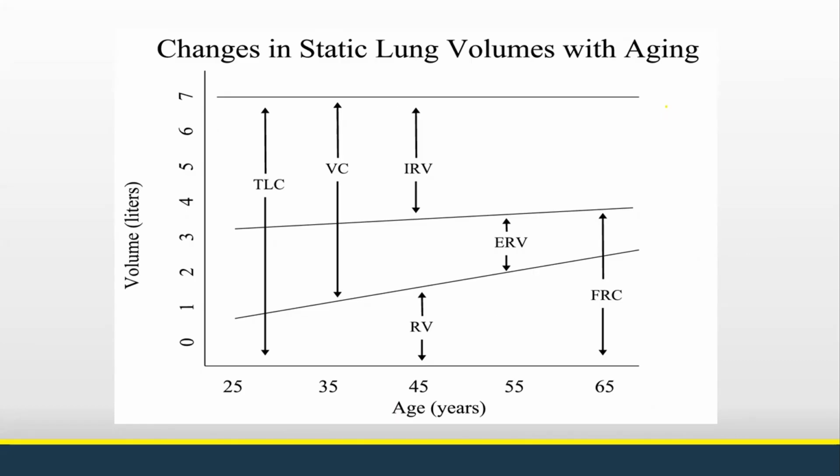Other things that happen in the lungs, just to point out, this is a nice graphic to look at, is our total lung capacity really doesn't change that much because of aging. But what does increase is our residual volume. So the air left in our lungs goes up because of the narrowing of the airways, the air trapping, etc. So residual volume goes up, there's more air trapping, we're not getting new air in as much as we'd like.